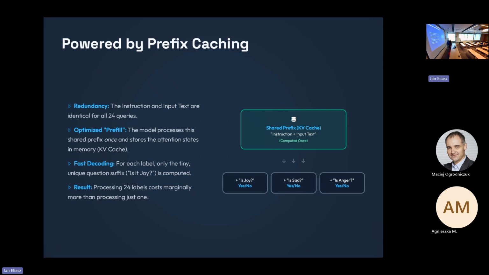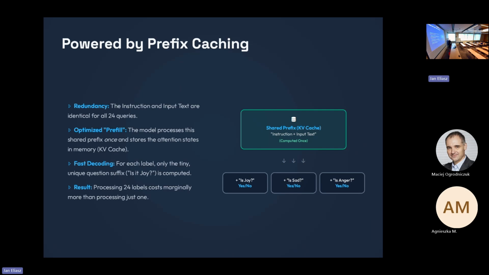If we send requests to the model that share the same prefix every time, the instruction and the text, and we only change for each request the label that we want the model to classify, then we process the entire long prefix just once.